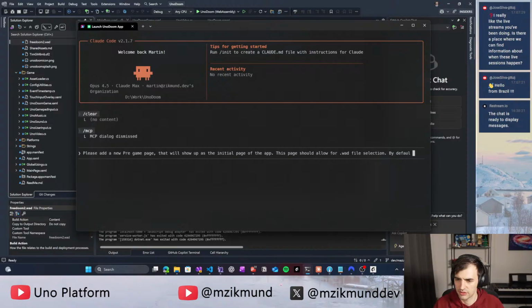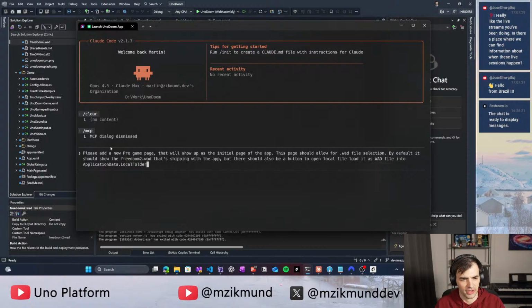By default, it should show the FreeDoom that's shipping with the repository, but there should also be a file open picker button to open local file and load it as a WAD file into application data